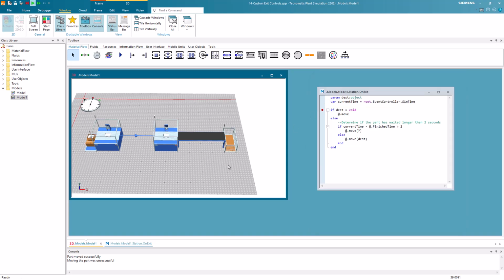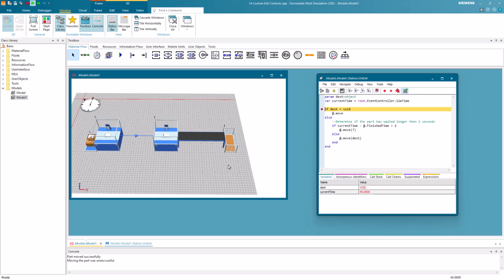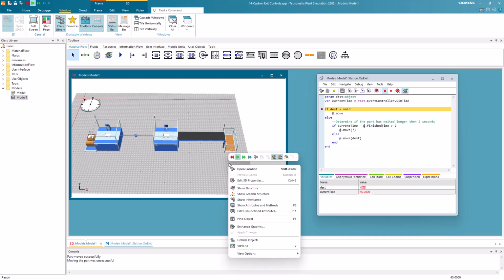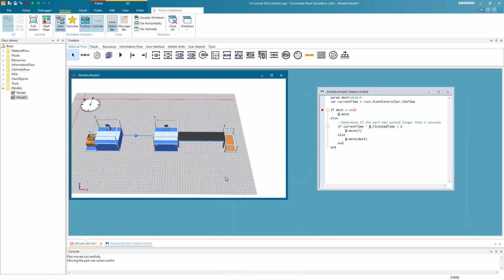We have built the model in such a way that the part would always be reloaded to the first station. However, with a uniform time distribution, this behavior would change. This example shows the importance of the exit control once checkbox. Depending on your needs, you can model that the exit control is either called again when the part is unblocked from the forward blocking list or not.